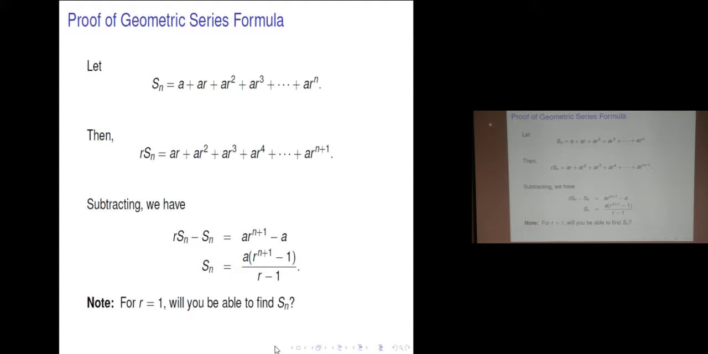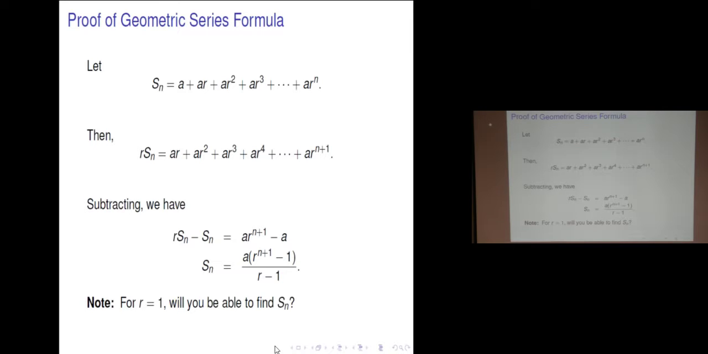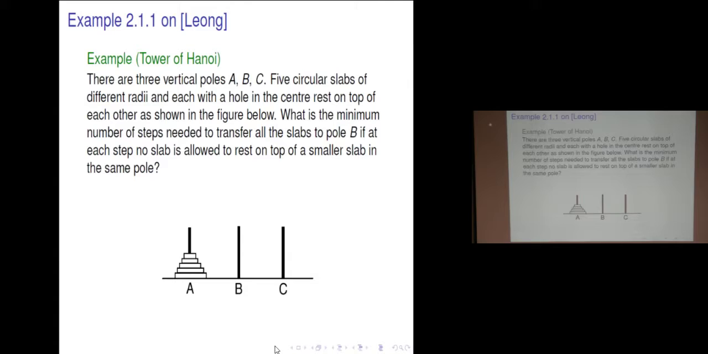Yes, right? Because as you know, when r equals 1, you get a all the way. So certainly you know how to find it, right? Anyway, so okay, what are the examples? The examples to use geometric series is